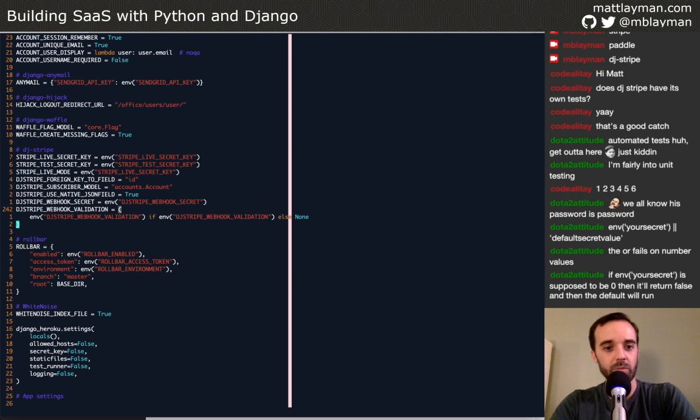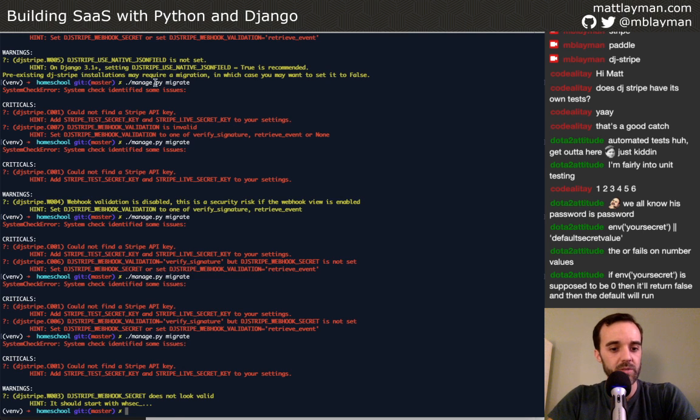So the only time that DJ Stripe webhook validation is ever going to be a value that is not verify signature is if I actually set it, which comes down to this scenario that I just created, where I put it in my environment file and left it empty, which is kind of this else none block. So if I run this now,